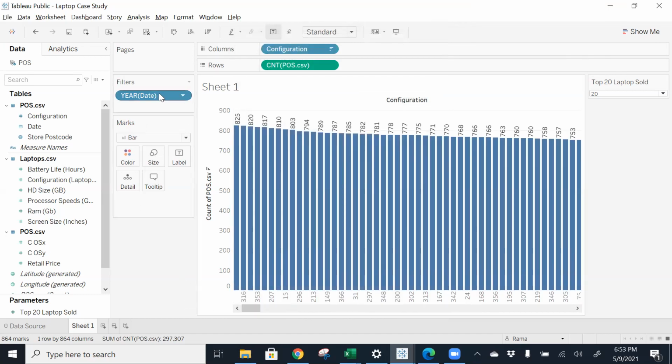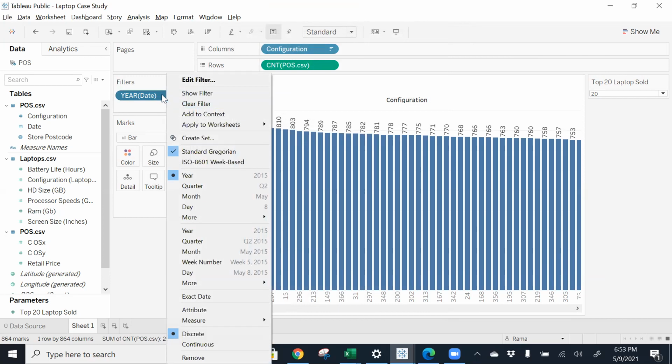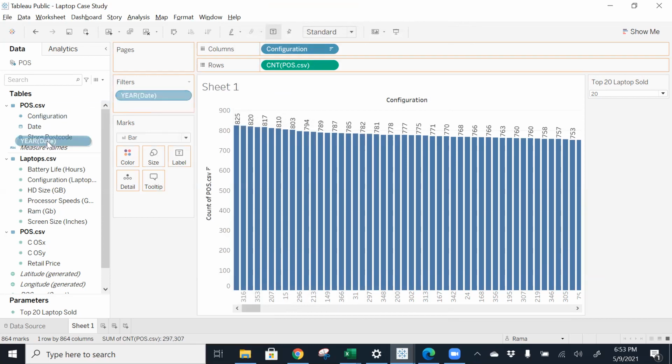Right click, just remove this filter. No, remove this filter. Select configuration.